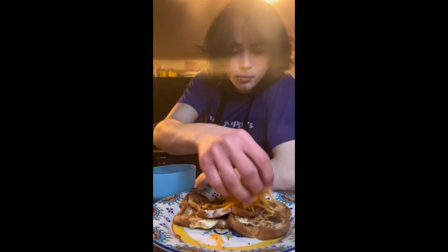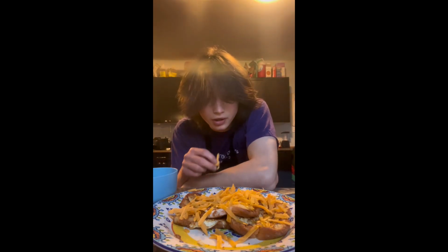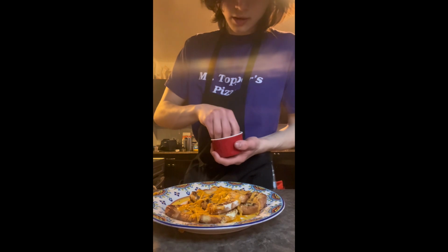Why? Take your cheese. Put it on top. Don't do too much, unless you're a cheese guy, which I am. But hey, that cheese isn't melted. That's why we're gonna take it and maneuver it into the microwave. Beep. 30 seconds might be pushing it, but it also might not. There you go. Poggers. Now that you got yourself a nice melted cheese, you're gonna wanna take your bacon bits, sprinkle them on